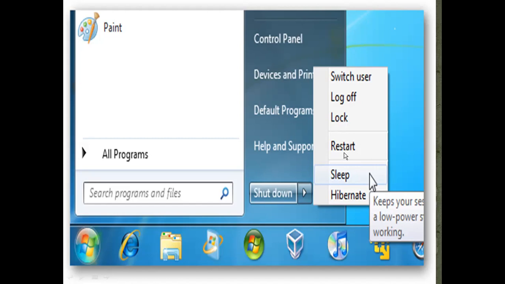Restart means to reboot the whole system again. And then we came up with sleep and hibernate. Hibernate is the next thing. This time we'll learn about sleep. What is sleep? It's a kind of mode where the settings are saved in the memory and on the